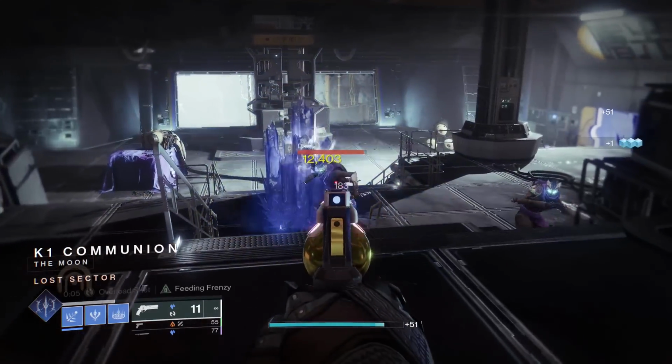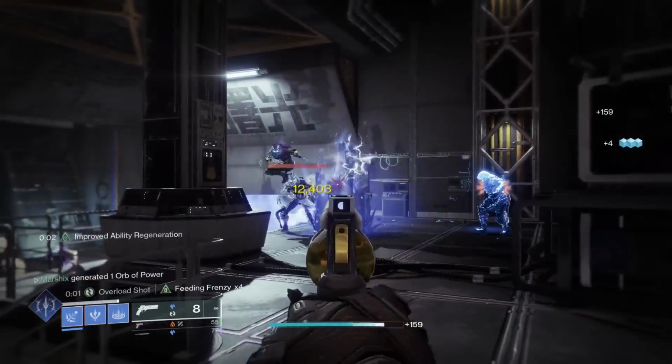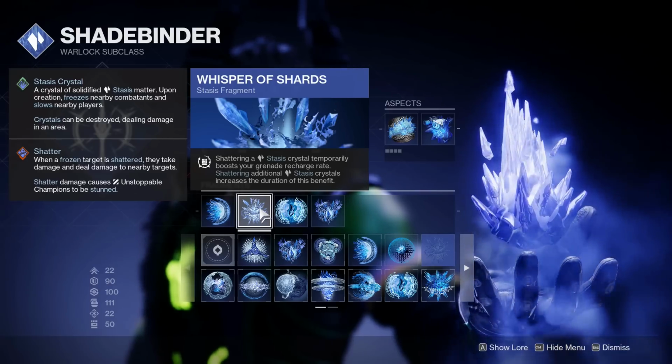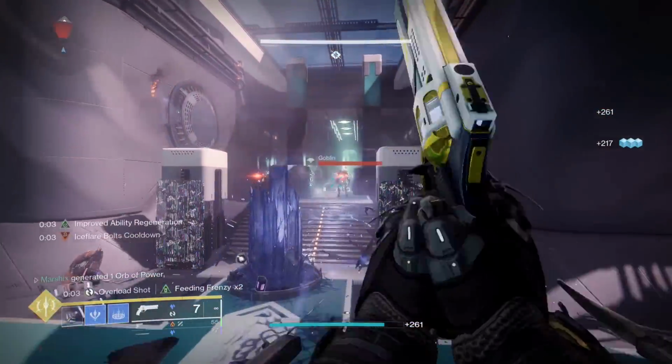Demolitionist gives you grenade energy after every kill, and Headstone will create a stasis crystal with every precision kill. The reason this is so strong is because of a stasis fragment called Whisper of Shards. This will increase your grenade regen each time you shoot a stasis crystal, and that will include the crystals from